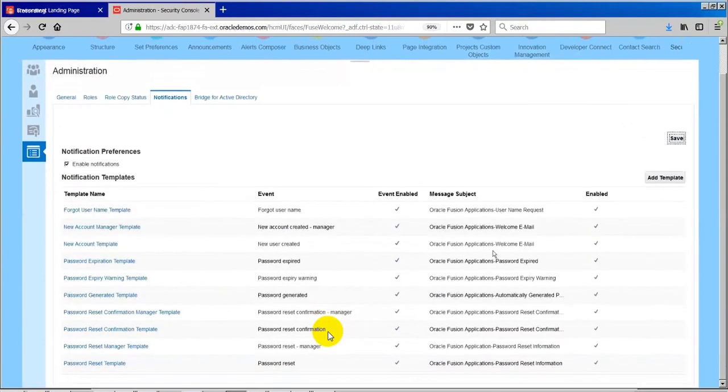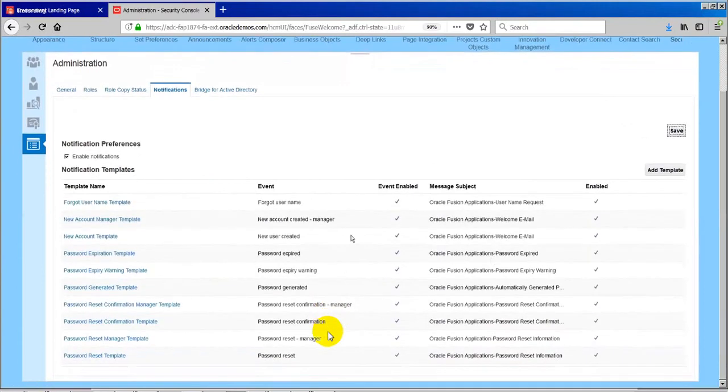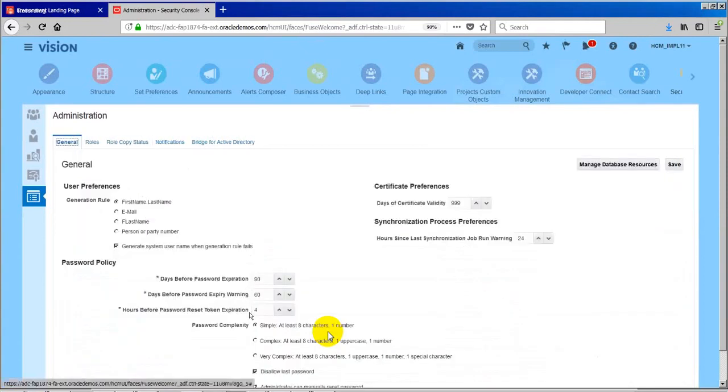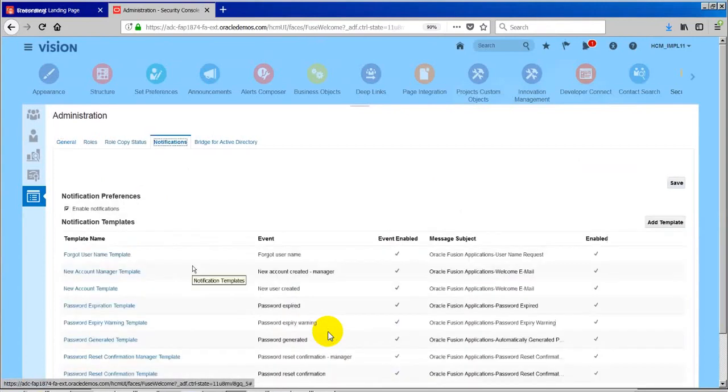Okay. So yeah, here we can enable the notification. And again, in a test instance, if you don't want to enable the notification, just uncheck it. In a test instance, none of the notifications will go. If you want to enable it, you can enable it. So it's completely in our control how to control the security policies, I mean, user security policies, password security policies, and notifications. All these things will be in our control in the instance.